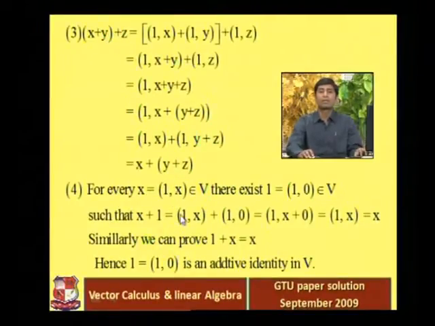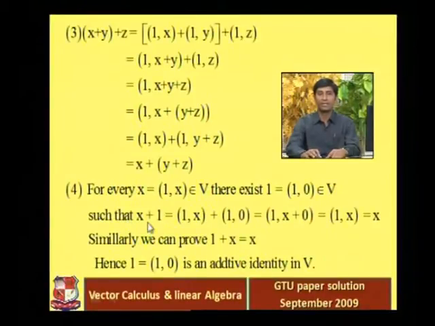The next question is what is our identity for the given vector space, for the given set? Identity means what? If 1 is the identity for addition, then for any x belonging to V, x + 1 = x. That condition must be satisfied. Again I repeat, this 1 is not the real number 1, because 1 is just a notation for the identity. So if 1 is the identity for the given set V, then x + 1 must be x. We are trying to prove that for every x = (1, x) belonging to V, there exists 1 = (1, 0) belonging to V,